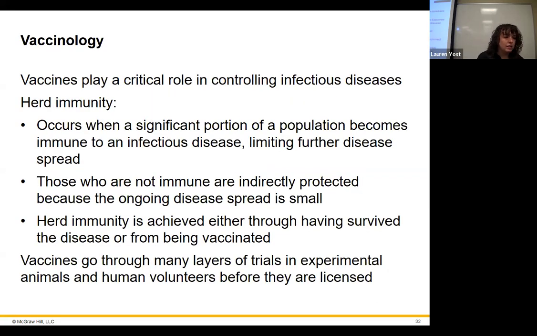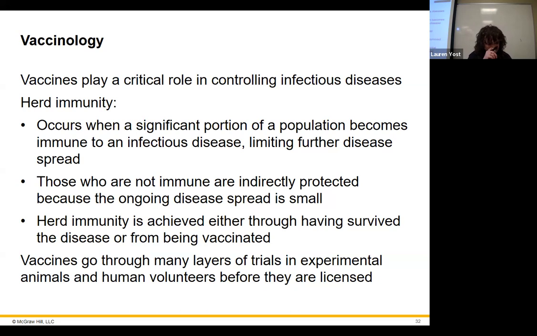All right, vaccines. Vaccines play an important role in controlling infectious disease. Here we're talking about herd immunity. If you've ever heard the term herd immunity, we're going to talk about exactly what it is and why it's beneficial and why it's something that you should strive for in a medical setting. So basically, you're going to be achieving herd immunity by making sure a certain percentage of the population is vaccinated with the vaccine for X disease, right?